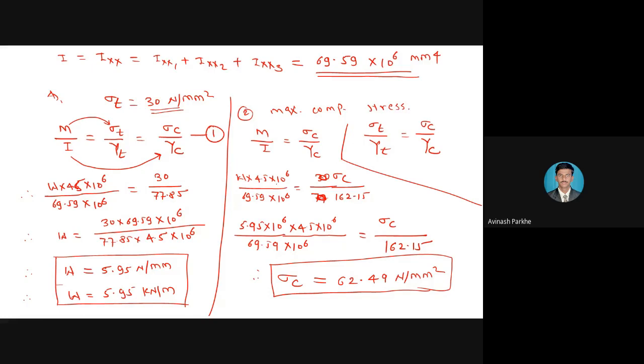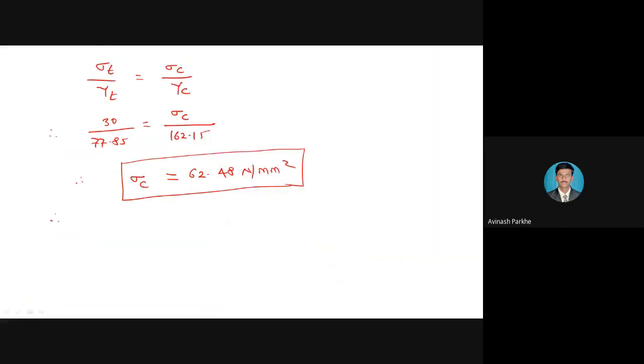Okay. So now this sigma C is called the maximum bending stress. Therefore, maximum bending stress is equal to sigma C is equal to 62.48 Newton per mm square,